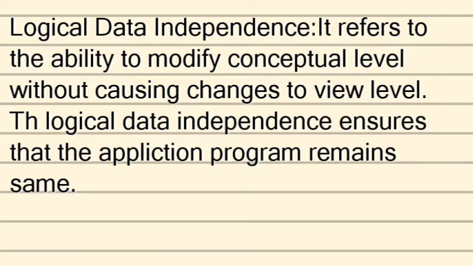So what they need to do is make the conceptual changes in such a manner that whenever the user wants to fetch that desired detail, they can fetch it, but the user command does not change whenever it wants to access that data. So the conceptual level will be maintained in such a manner that whatever the user wants to see, they can see the way they were using it earlier, but one more feature gets added. Like when you use your phone, every time there is a new feature update, you can use that feature. That does not mean that your old feature will be disabled. That is the way we keep on updating the database.